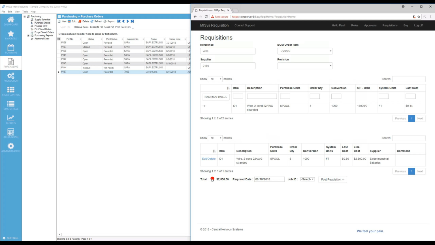Another thing you'll notice, there's a required date here, 8/16/2018. I may decide that I want to choose a different date for that. I click the little down arrow, it pulls up a calendar here. Maybe I want it for next Friday. Click the 23rd. I think that was Friday. No, that was Thursday. Next Friday is the 24th. And maybe I want to